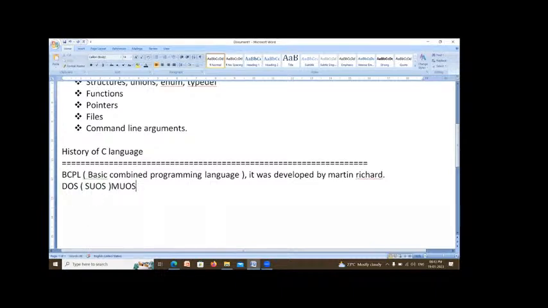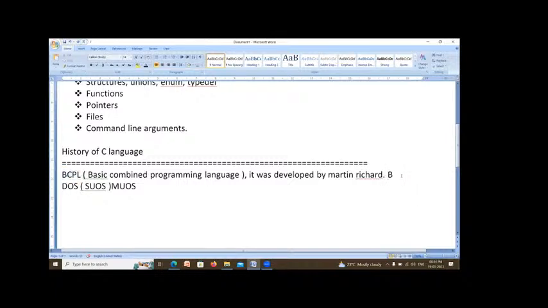To develop this multi-user operating system, they used to write code using BCPL. After some time, they came to know this language was not enough to build a multi-user operating system. Then they wanted to develop a new programming language, and successfully they developed it and named it B. So from BCPL, they developed the B language.